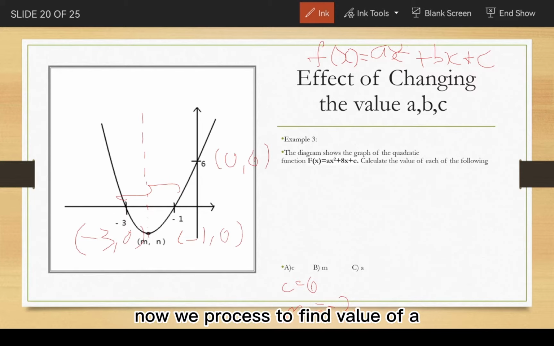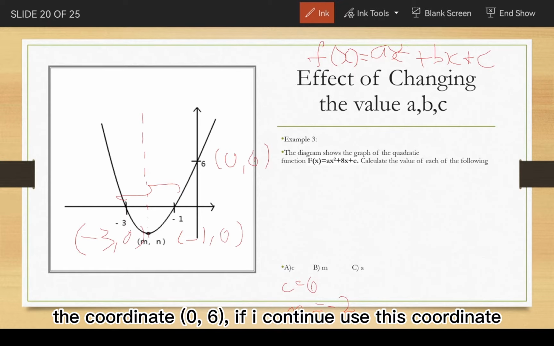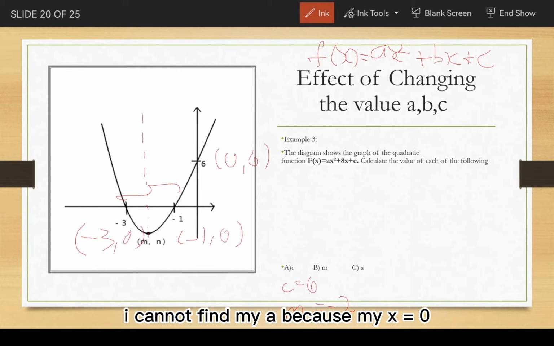Alright. Now we proceed to find the value of A. To find the value of A, I only can use -3, 0, and -1, 0. But I cannot use 0, 6, the coordinate of 0, 6. If I continue to use this coordinate, I cannot find my A because my x is equal to 0. When I substitute inside, I will choose this coordinate,